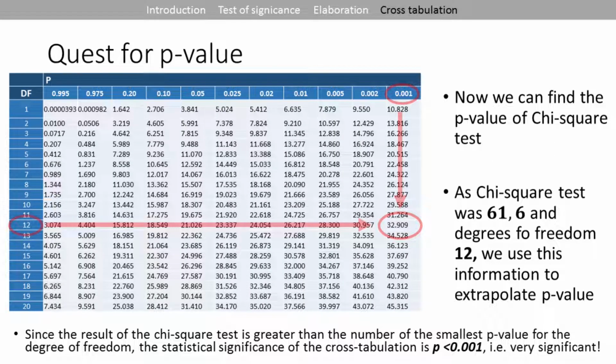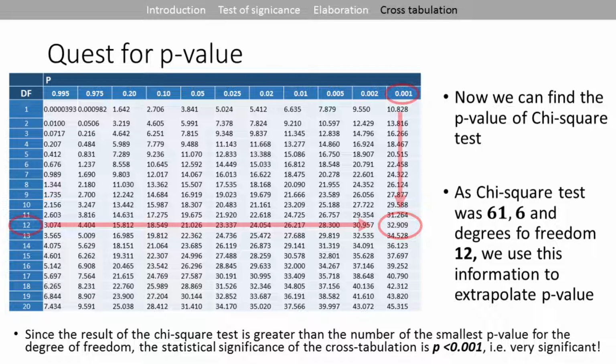And now finally we are here at the p-value table. And now we have to find the row. There is the degrees of freedom in rows, and the columns we have the appropriate p-value. So first we find the degrees of freedom. Here is 12, and we are going to go through all the way and try to find the appropriate number